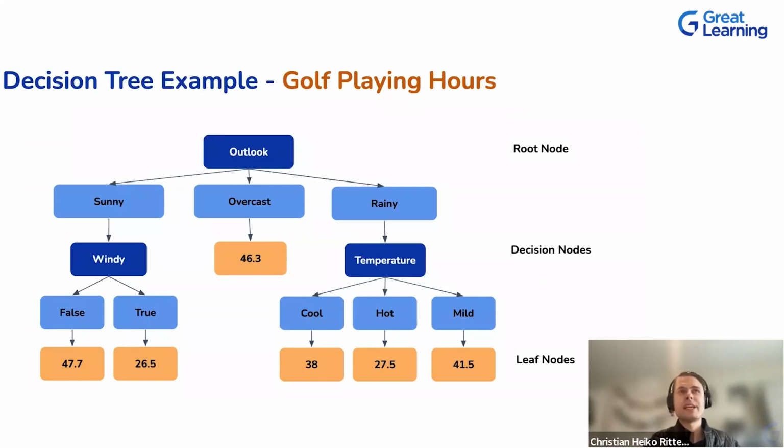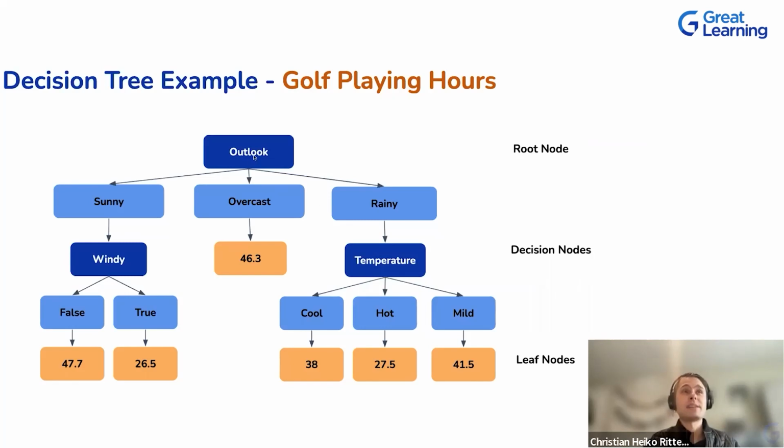This kind of tree is not something I provide beforehand. Again, it's built based on the data. In my data set, which helps me build this tree, I have the variable outlook, the variable windy, and the variable temperature. Those variables I can combine in various ways to make decisions.